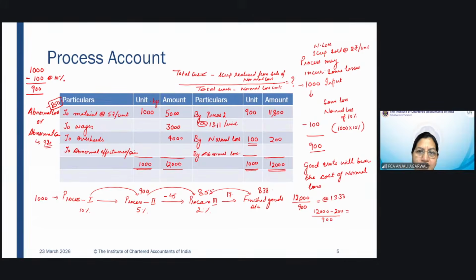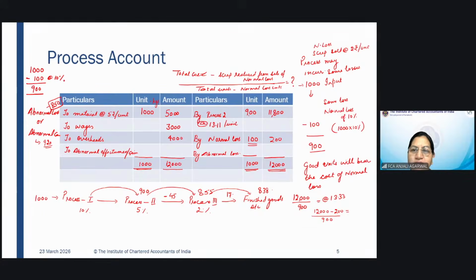So if you look at this entire account, all the elements of cost will be on the debit side, and on the credit side, you will have normal loss and the units moving to the next process. If this 900 plus 100 is exactly equal to 1000, then whatever the normal loss was expected, only that was